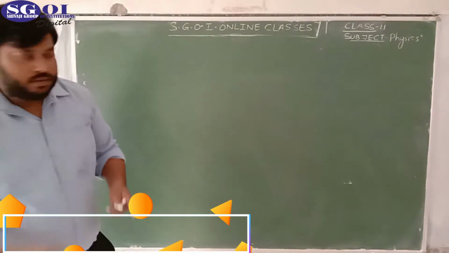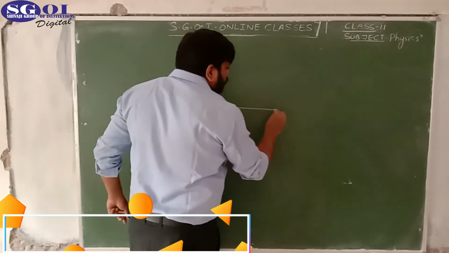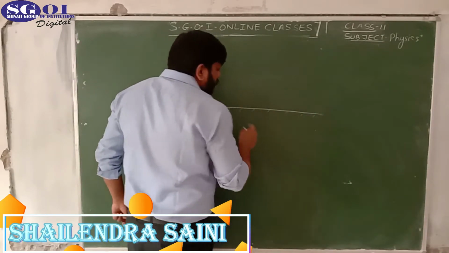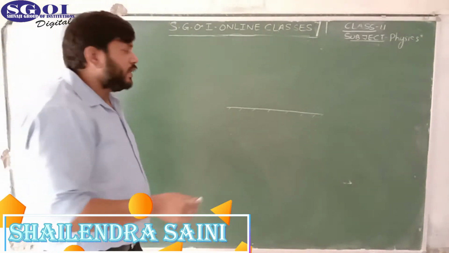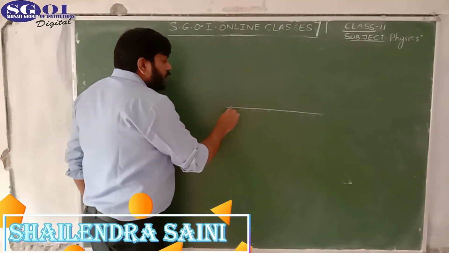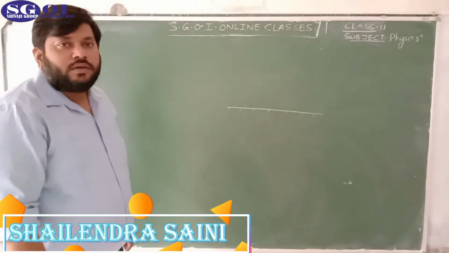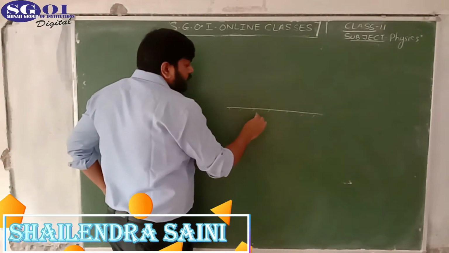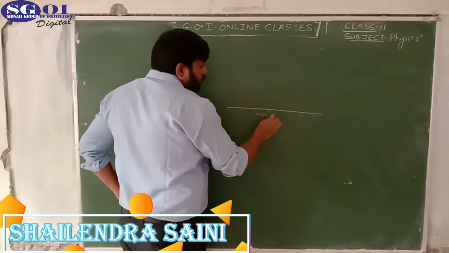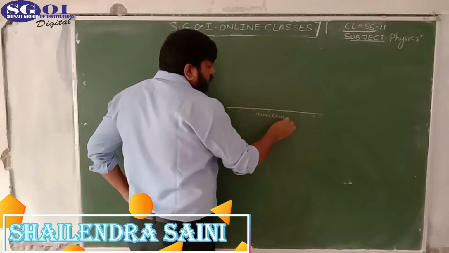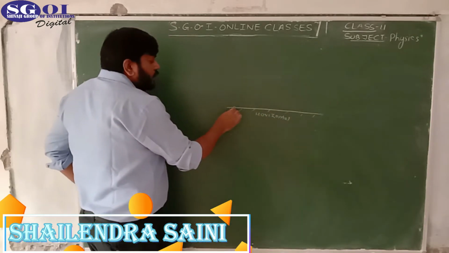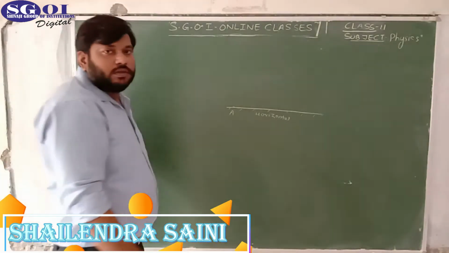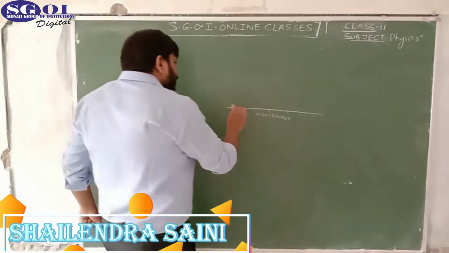Let's say this is the ground, and an object is projected at an angle theta from the horizontal. This is horizontal. So an object is projected from the horizontal at a point, let's say from A, and